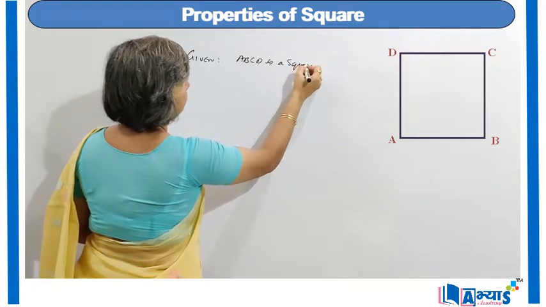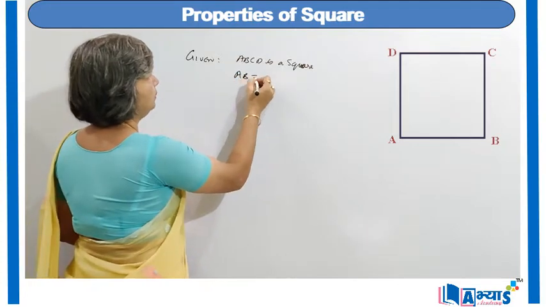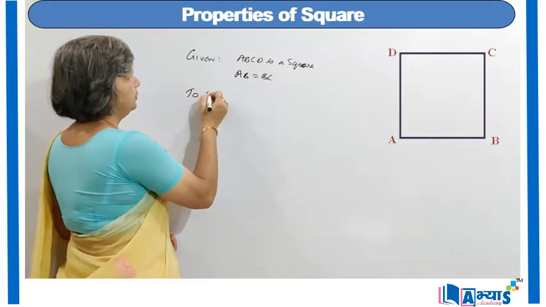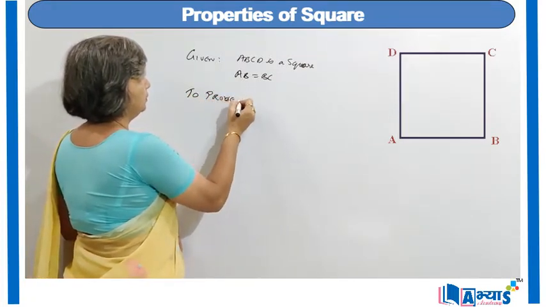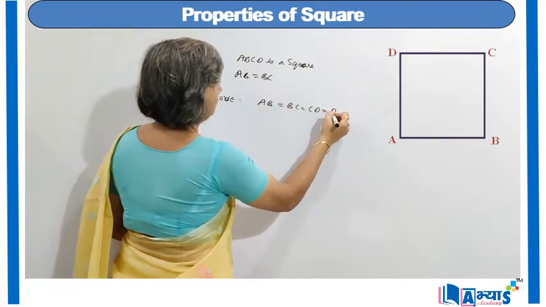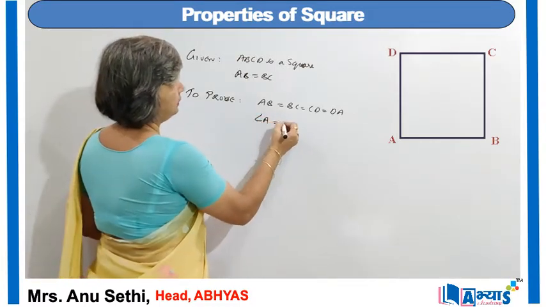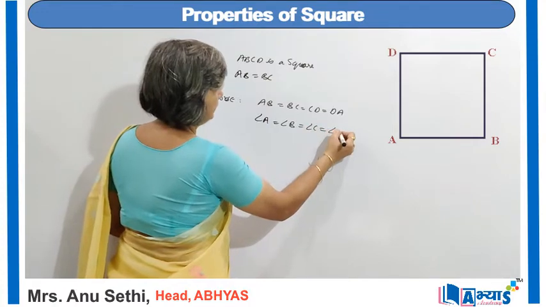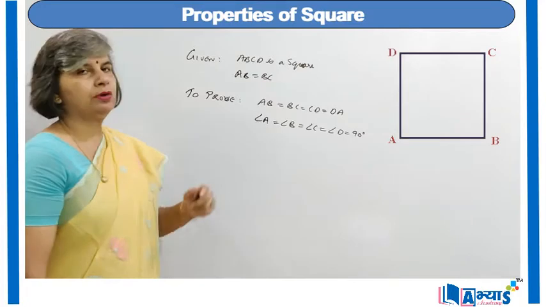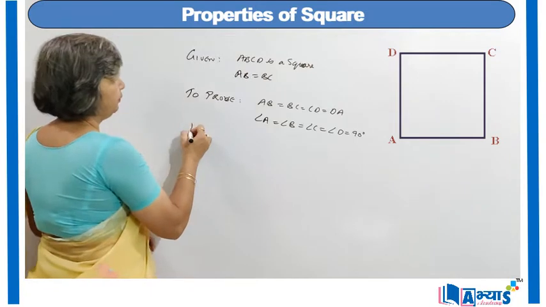Now when it has been given to us that ABCD is a square and that AB is equal to BC, that means the adjacent sides are equal, we have to prove AB is equal to BC is equal to CD is equal to DA. That means all the four sides are equal, and angle A is equal to angle B is equal to angle C is equal to angle D is equal to 90 degrees. So basically we have to prove that all the four sides are equal and all the four angles are right angles. So the proof will be,